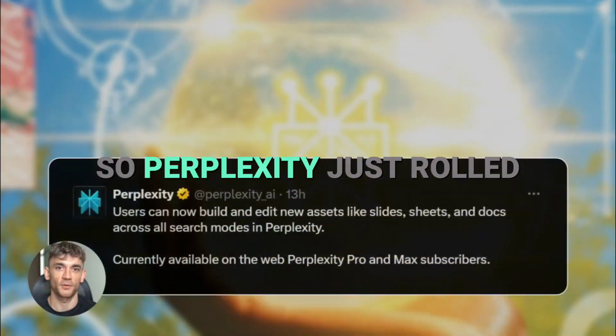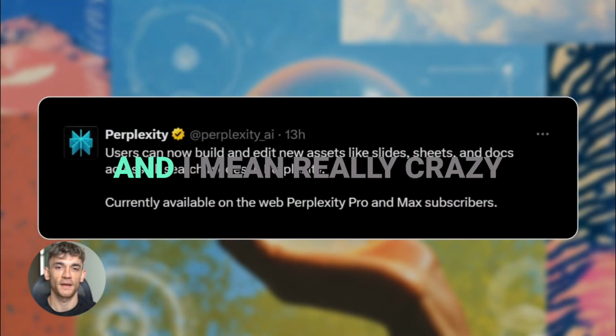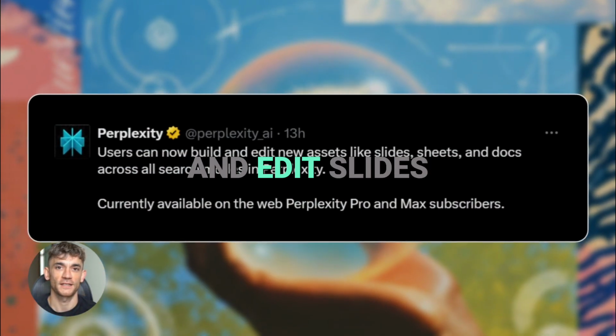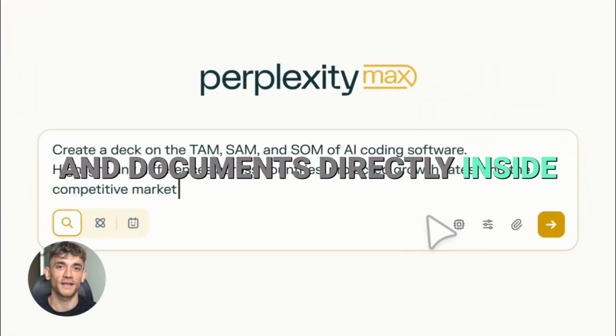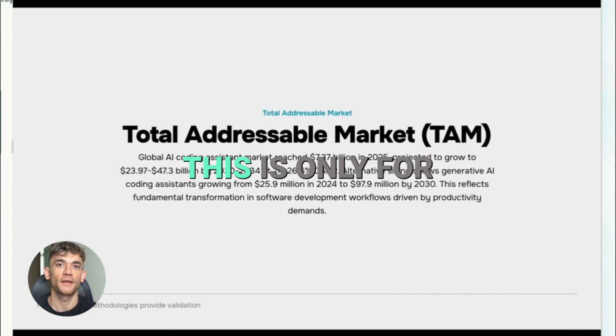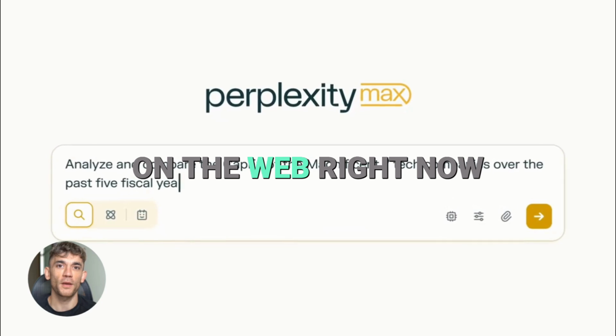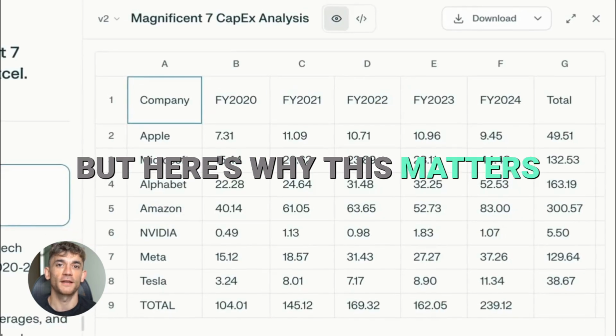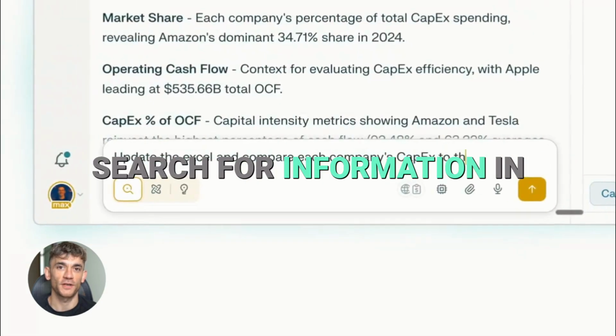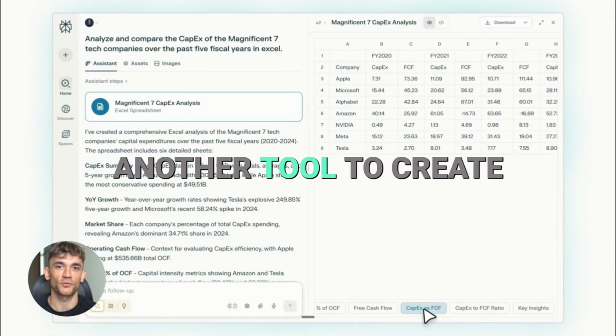Let's dive in. So, Perplexity just rolled out something crazy. And I mean really crazy. You can now build and edit slides, sheets, and documents directly inside Perplexity while you search. This is only for Pro and Max subscribers on the web right now, but here's why this matters. Most tools make you search for information in one place, then copy it to another tool to create something with